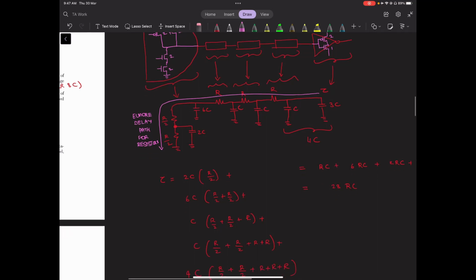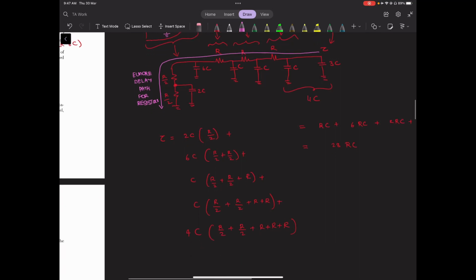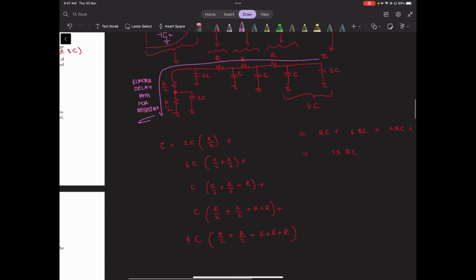Right, so this, if you see, will be the total RC equivalent of the circuit that has been given, and then from here you just have to do Elmore delay, right? So I have given what is the Elmore delay path for the resistors, right? And based on the capacitor that is being considered, you have to include or not include certain resistors in the Elmore delay, right? For example, if you start off with this